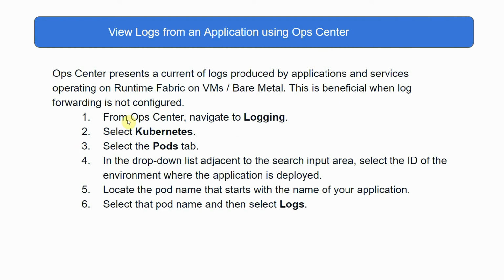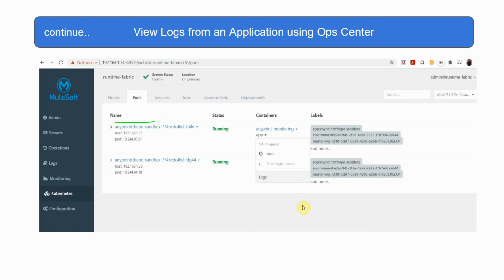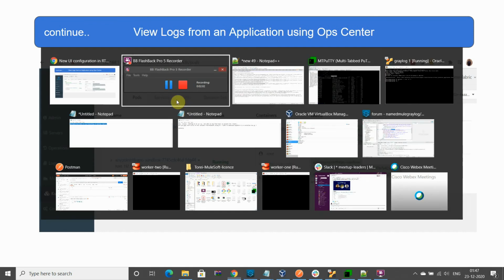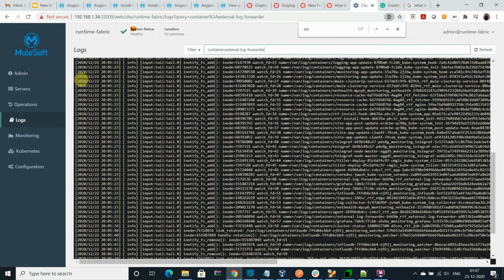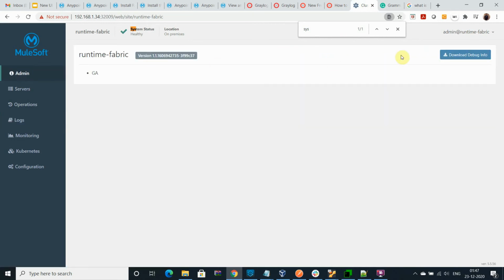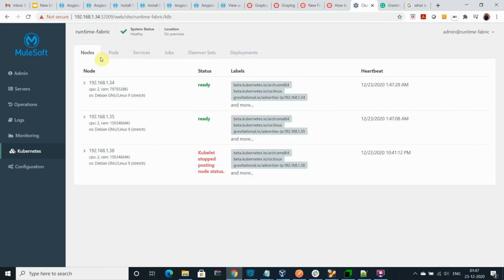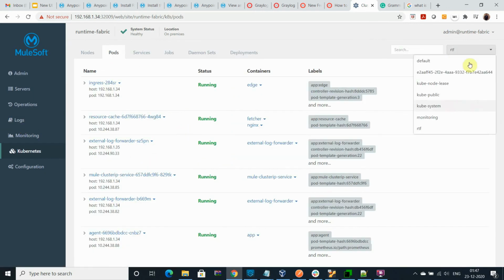You can go to the Ops Center, choose Kubernetes, select the pod, and then select the logs for the application, like you can see from here. Let me go to the Ops Center. This is the Ops Center. You can log in with any user you have, then go to Kubernetes, then go to the pod, and select the cluster you want to extract.